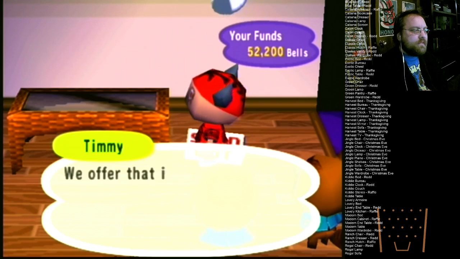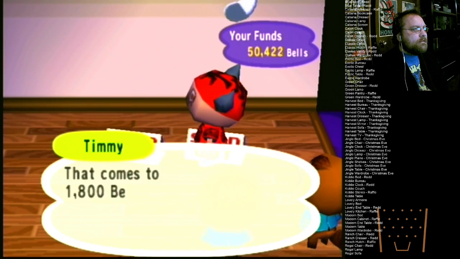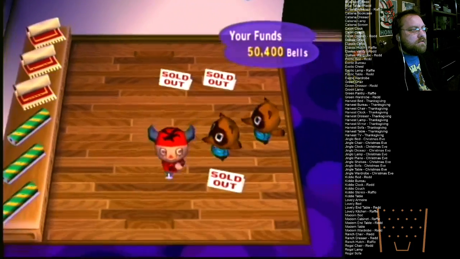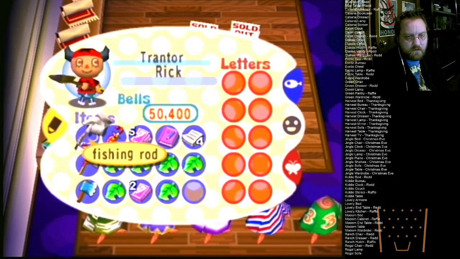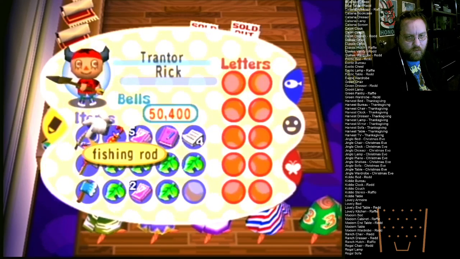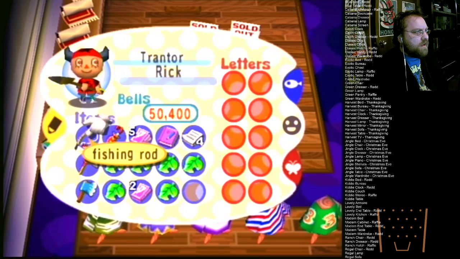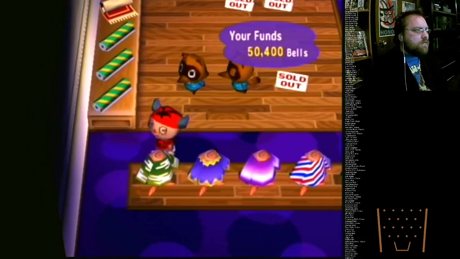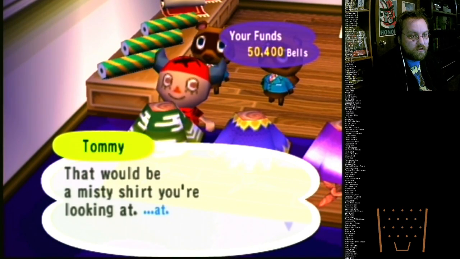Okay. That's not new. Okay. So we got, what, one guaranteed new piece of furniture plus some stuff that I haven't listed out yet, so may or may not be new. Let's check out the clothing now. A Misty shirt. Okay,